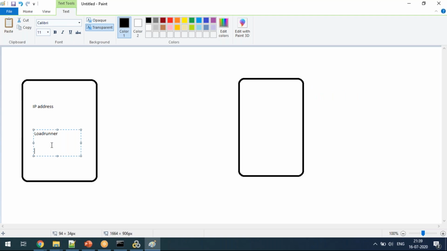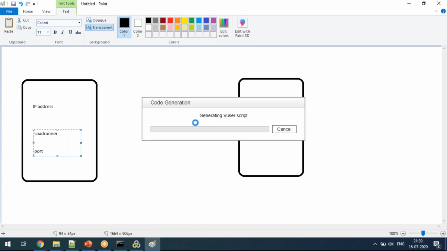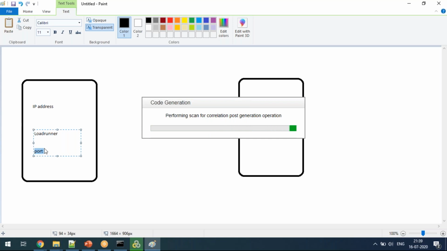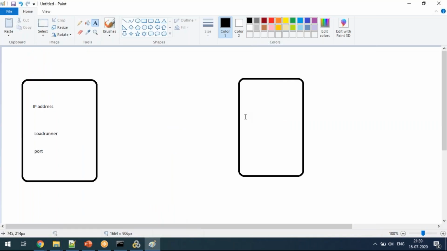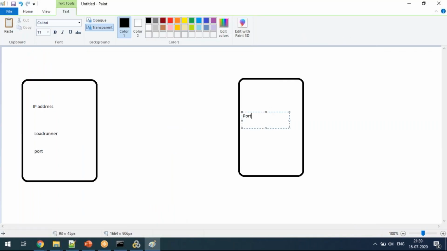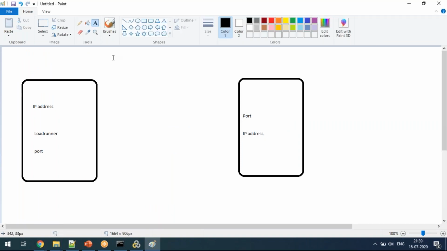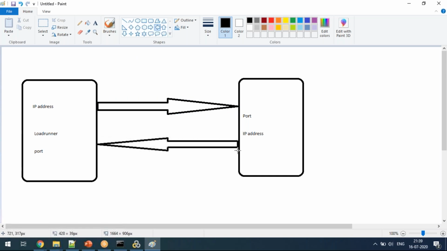Okay, so you have to configure a port. This port number has to be configured in your mobile, as I mentioned, right? This port number has to be configured in the mobile under the advanced settings, right? You have to give the port number and then the IP address of your machine. So basically, what is happening? The connection is established between your mobile device and this application. Basically, once this establishment is happening, typically what will you do? You will launch your application in the browser that will actually do the communication.